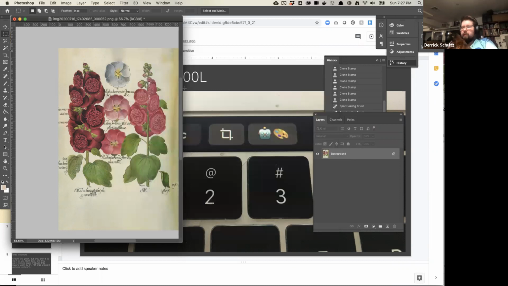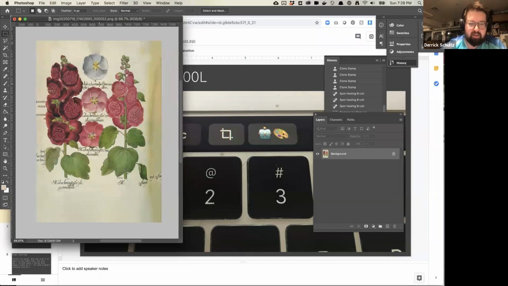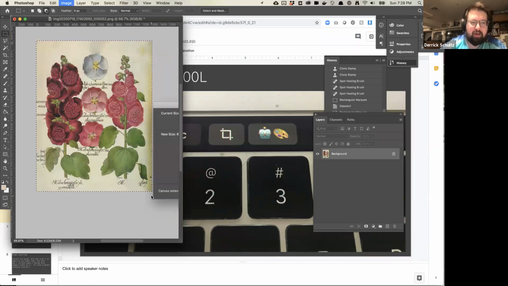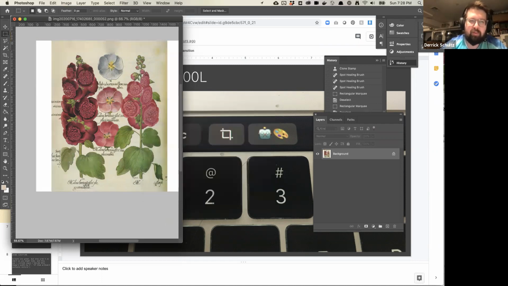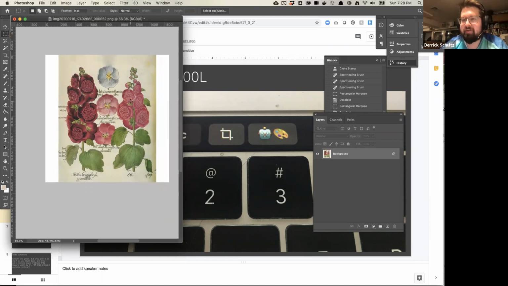Cool. So let's look at actions really quickly. I am not the world's best person when it comes to actions, but I will show you some really simple versions that I use. One thing that happens pretty often to me when I'm scraping Instagram is that people will upload images that are square, but they're not really square. They'll upload an image that looks like this, and you've got these white borders. A really nice action that I've written in the past is just to remove these white borders using content-aware fill.